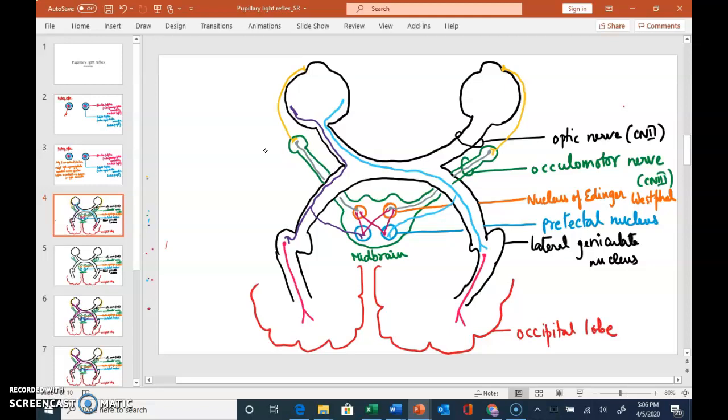Okay, all right. So what do we see here? Let's do it one more time. So we are looking at the left eyeball. We see purple neurons carrying sensory information, and these neurons synapse with a red neuron in the lateral geniculate nucleus on the left hand side, and the red neuron then carries the sensory information about vision to the occipital lobe. The purple sensory neuron also synapses with another neuron at the pretectal nucleus, and